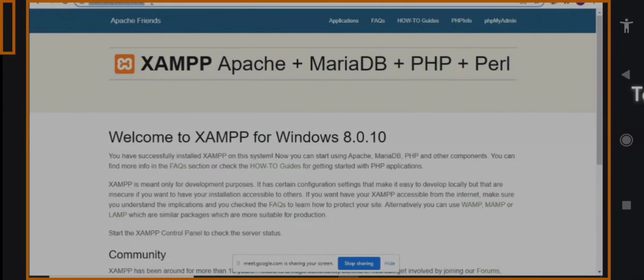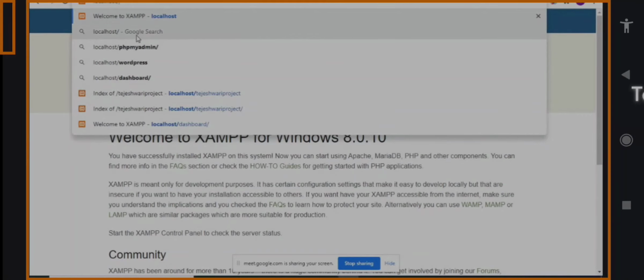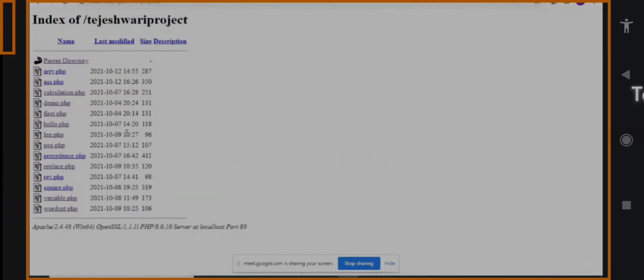This is the location where all the programs are saved. So I just type here Tejeshwari project and press enter.